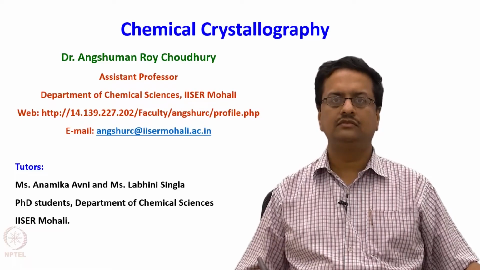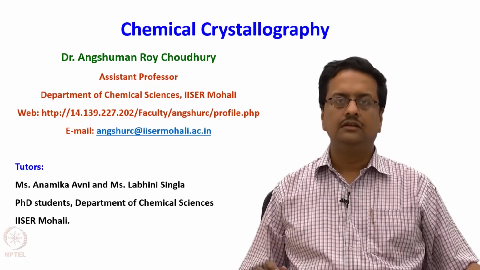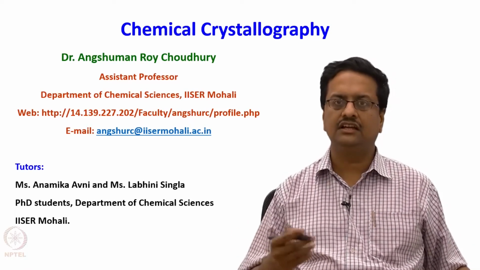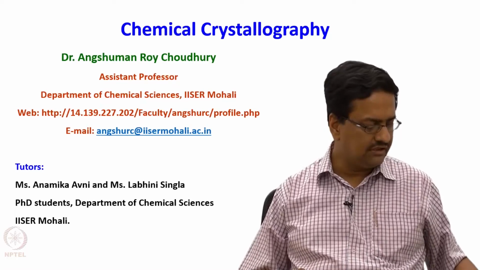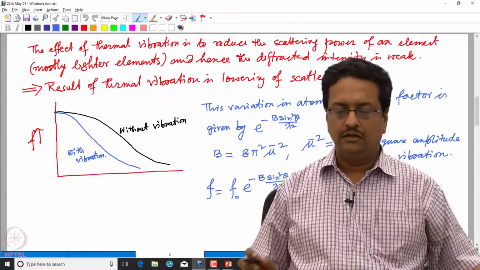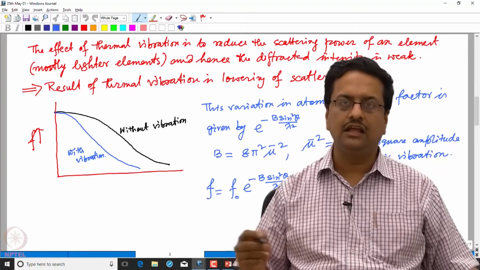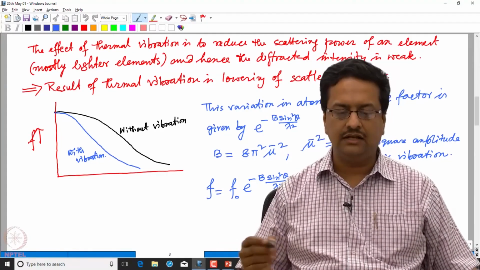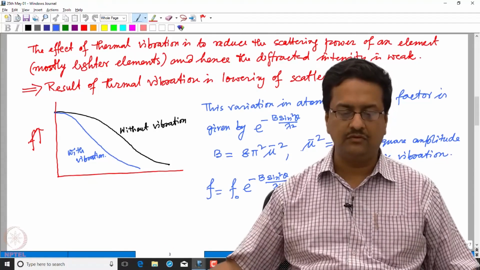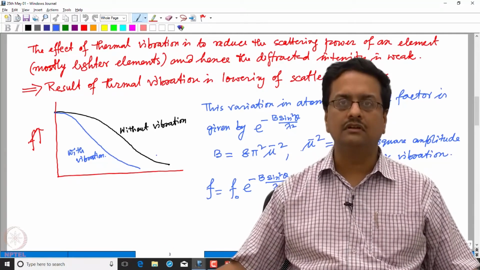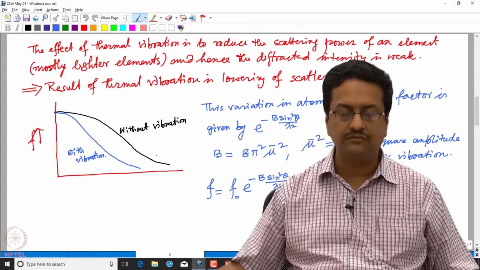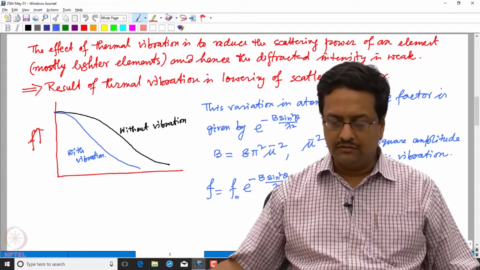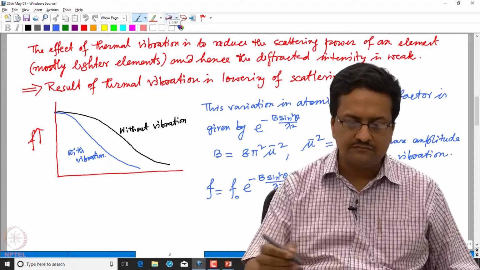Welcome back to the course of chemical crystallography. In the previous lecture, we discussed data processing and how to derive the expression for the relative intensity from absolute intensities. During this process, we were talking about how to account for the thermal vibration using the thermal vibration parameter